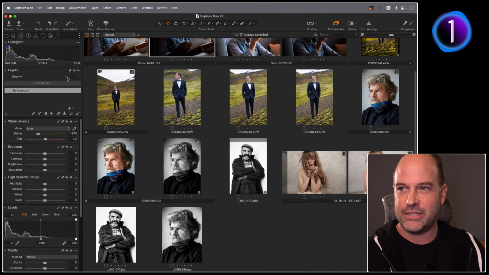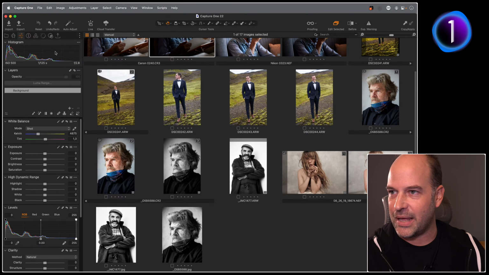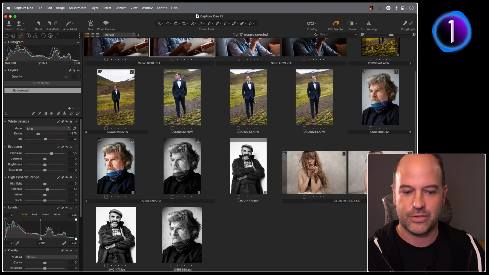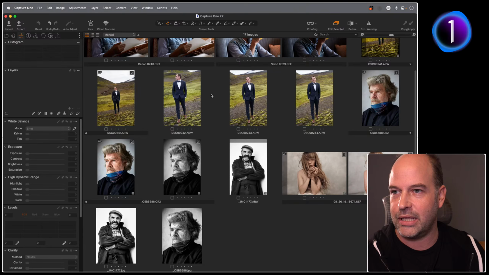So we could be tempted to boost up the exposure. So let's do that. Let's just look at the histogram. We'll ignore what's going on with the picture here. If I was to just look at the histogram and open it up, I would think, okay, something like that is maybe a bit healthy because I've got a nice spread. I'm going to brighten the shadows a bit. Okay, that looks all right. But if we actually look at the picture